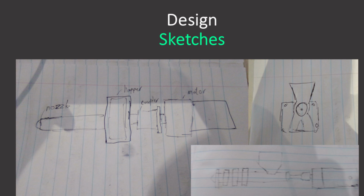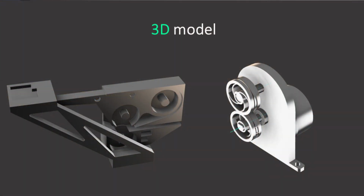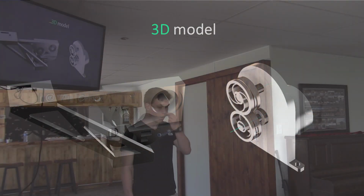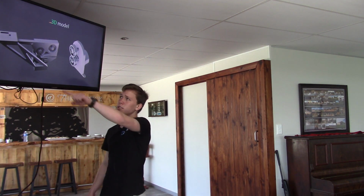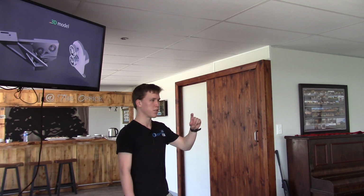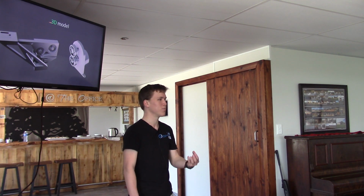Here are some of my design sketches that I had drawn before I started building. And here are some components that I had 3D modeled while in the designing stage. Here you can see a quality sensor which measures the diameter. There are currently no electronics, so it looks quite